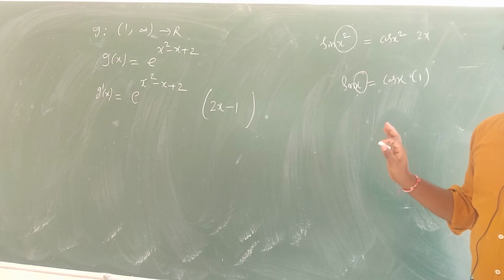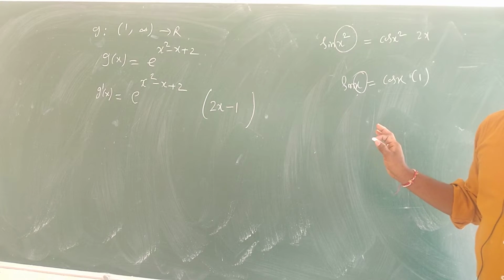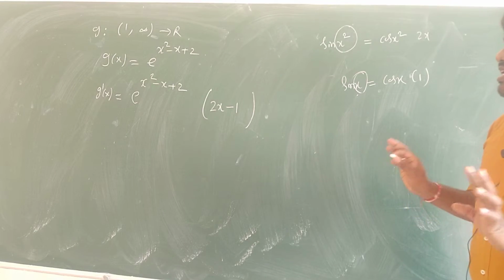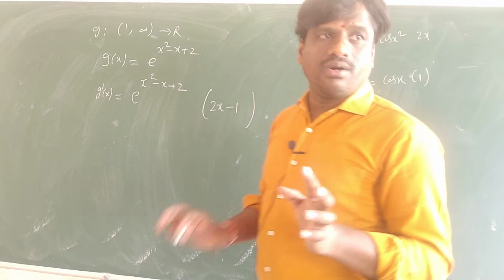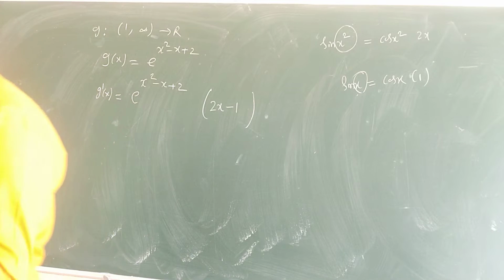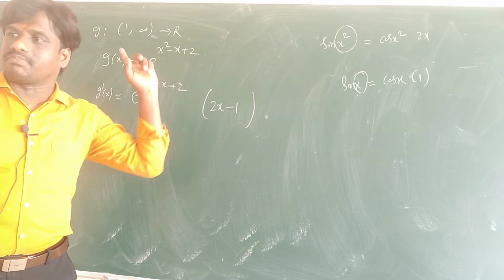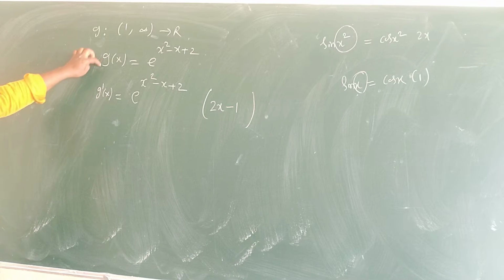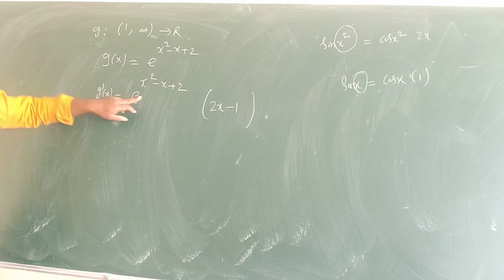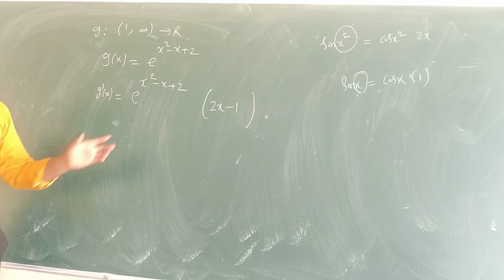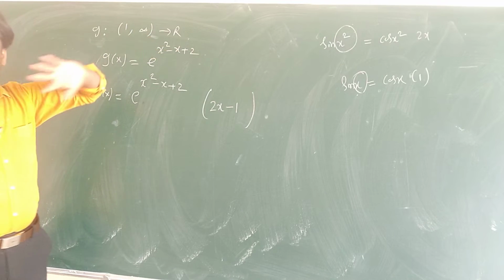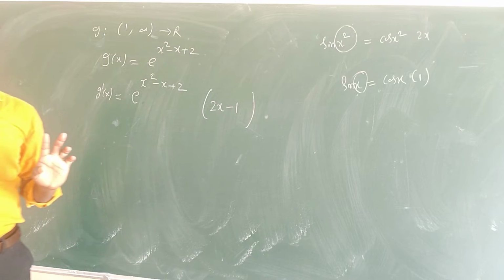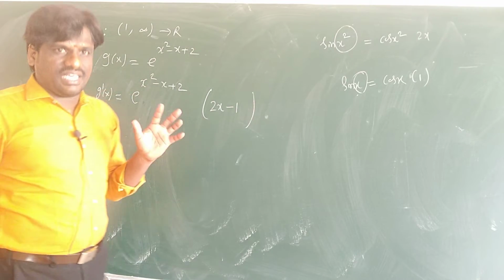Here x differentiation is 1, so you are getting 1. That is what you need to know. That is what we call the chain rule. I will explain it in detail in future, in differentiation. Now here the differentiation of g dash of x is g dash, e power x is e power x. This will be differentiated again. So what is the differentiation of this? 2x minus 1. Now e power, what does e mean?